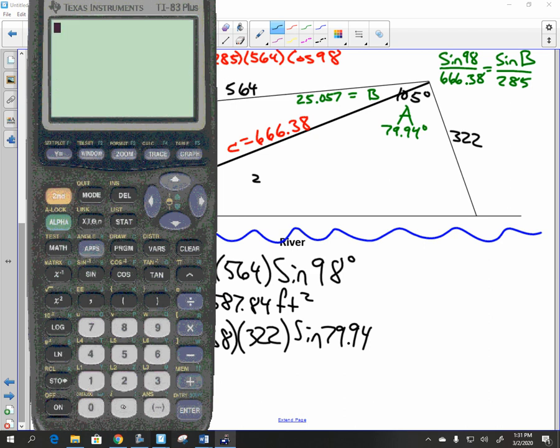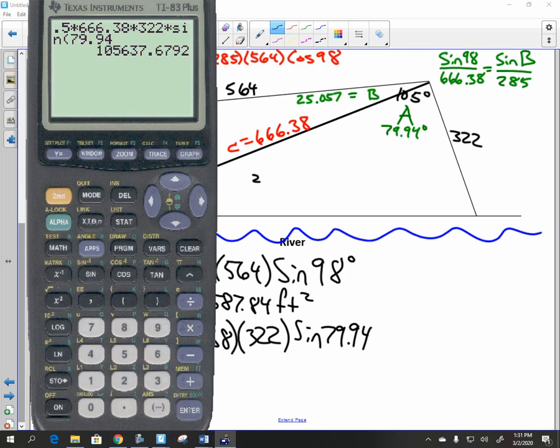Take out my calculator, 0.5 times 666.38 times 322 times the sine of 79.94, and I get 105,637.68